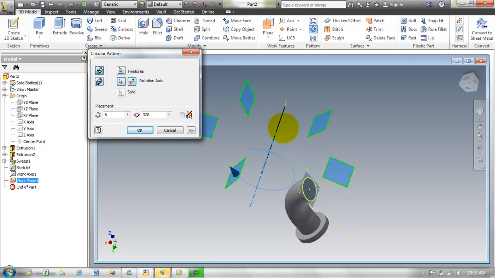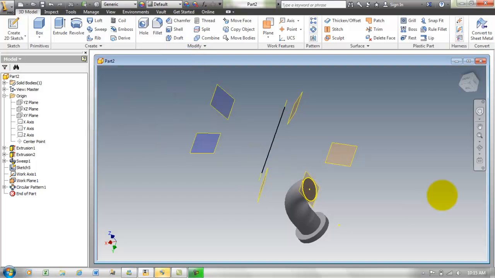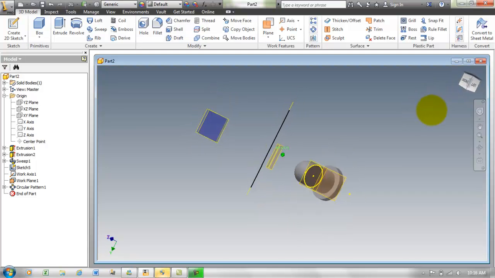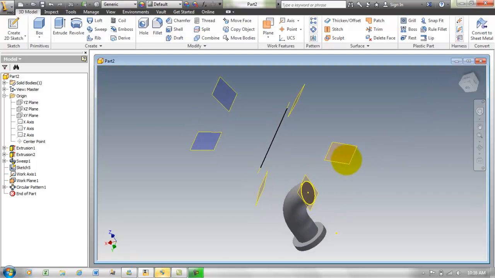It's going in a clockwise fashion; if I want to switch that rotation and go in a counterclockwise fashion, I'm only going to 320 degrees. Click OK. So now I'm going to create a sketch on these different planes, but I need a path to run these along. So I have to create yet another sketch,